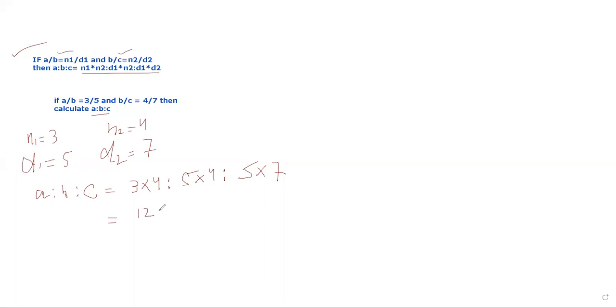I got here 12 is to 5 into 4 is 20, 20, and 5 into 7 is 35. So this is the ratio A is to B is to C. So friends, this was a pretty good trick to calculate the